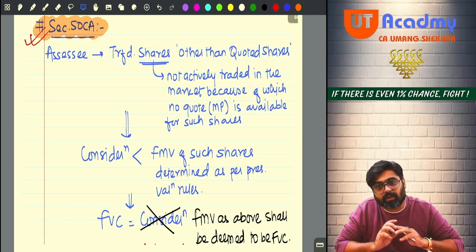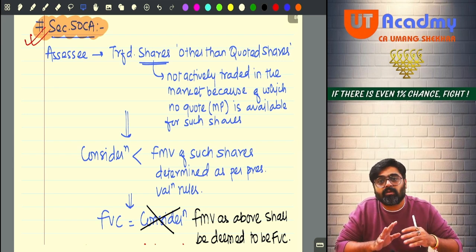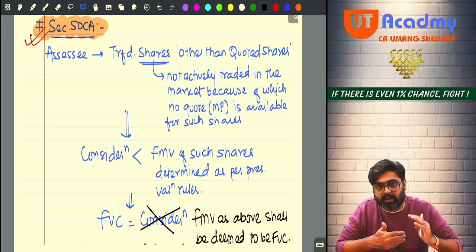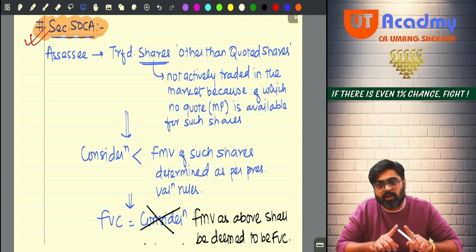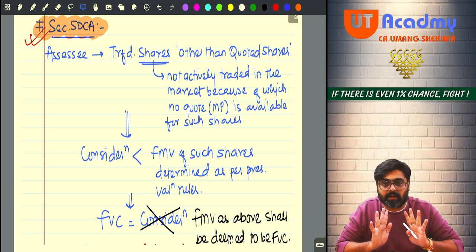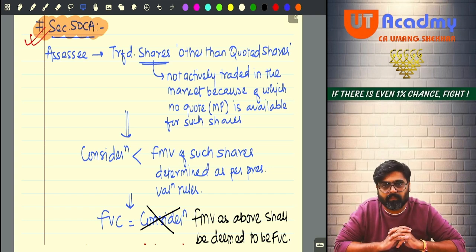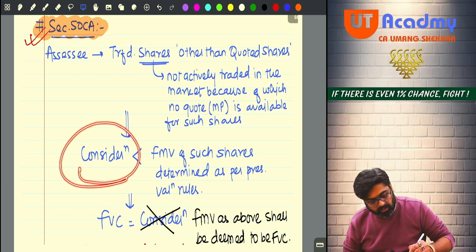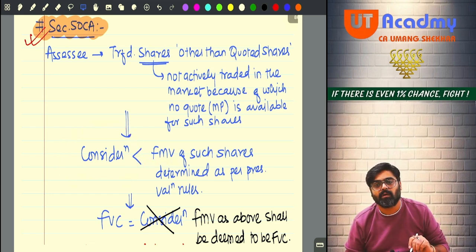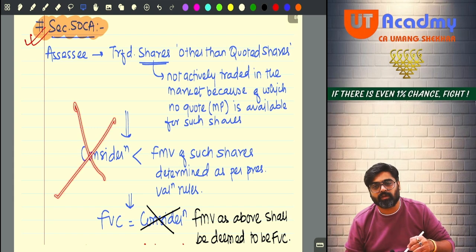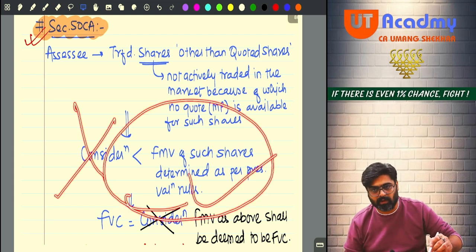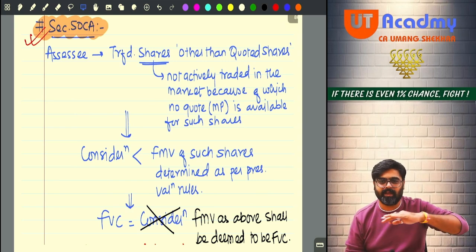How will you calculate it? For that, the income tax rules prescribe a rule. Those rules will tell you how to determine this fair market value. As per those prescribed rules, the fair market value will be determined. And if the sale consideration which you are trying to show as your taxable income happens to be lower than that fair market value, we will ignore your sale consideration and the fair market value will be treated as your full value of consideration. 50CA done.